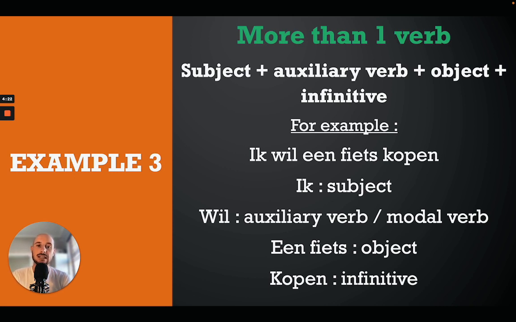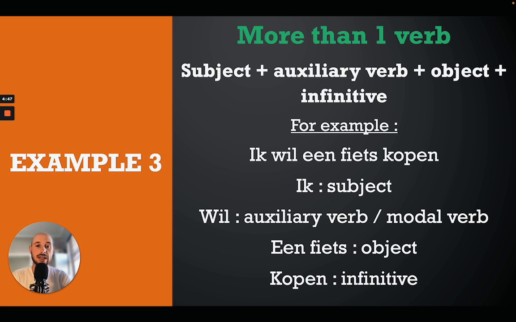Our example is "Ik wil een fiets kopen", right? So, ik is our subject, wil is a verb, een fiets is our object, and kopen is also a verb, right? In English you would say, I want to buy a bicycle. Everything is together. However, in Dutch, when we have more than one verb in a sentence, something changes,